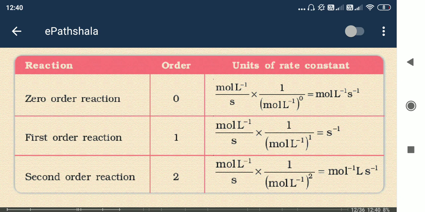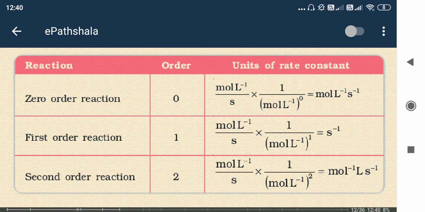Okay, so zero order reaction. Zero order reaction means that x plus y is 0, so it is not dependent. Concentration to the power 0 means 1, so it is concentration independent, right? If the reaction rate is not dependent on the reactant concentration, then it is zero order. If the reactant concentration is to the power 1, that means first order reaction. If the reactant concentration is to the power 2, then it is second order reaction.